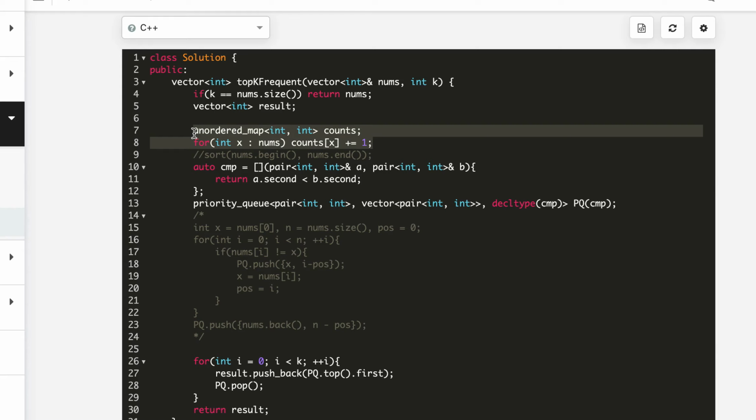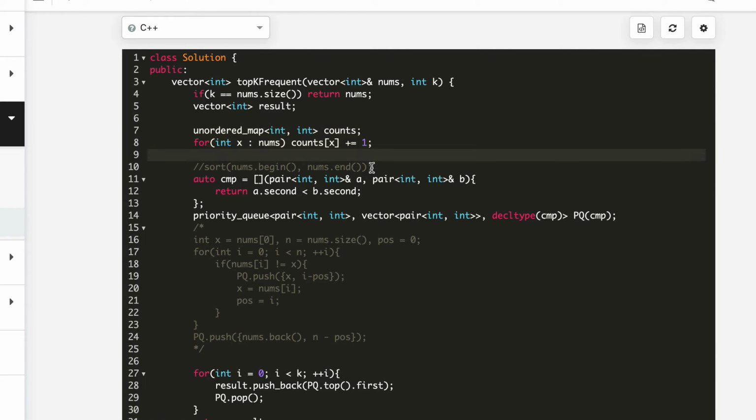So this creates a map from the elements and it keeps track of count.